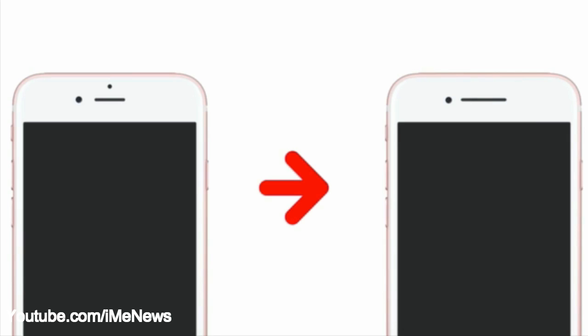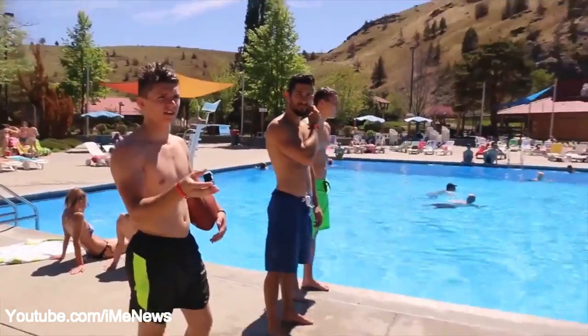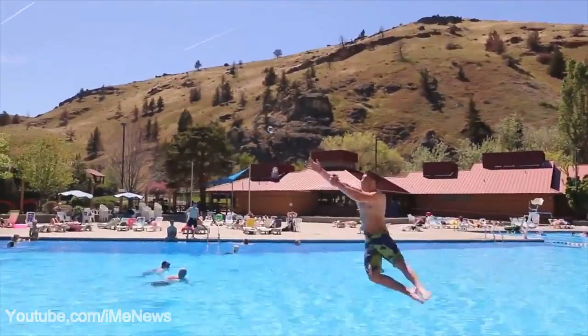Waterproofing. This is the one I was excited to hear confirmed from this guy. IPX7 rating. So it's not quite at Samsung's level, but it will help you get a meter underwater with your iPhone without any damage for up to 30 minutes. Now, not saying you should do that, but basically by spec, that's what you can do. It's basically matching the Apple Watch rating. So if you guys remember, I tested this thing. We dropped it down to 10 feet for 30 minutes. I think it was 30 minutes, and it survived. I mean, it was doing great. And I'm always